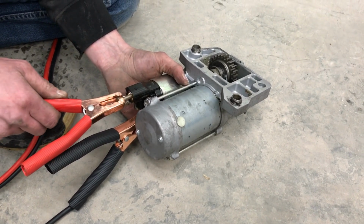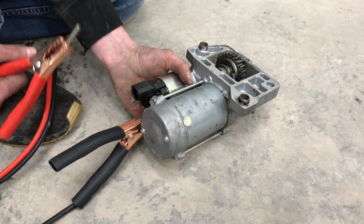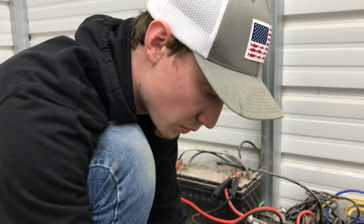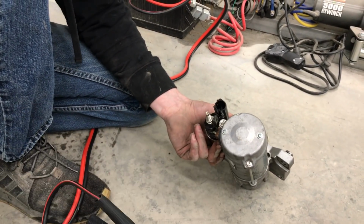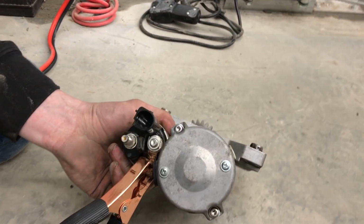You think I should hold on to it or no? Give it a little hold. I don't know if that's good. So very interesting. We're just gonna have to fool around with this a little bit more, but the way we took it off is there was a wire going here and then a red wire going here, which looked like positive. But I did flip it around. I did try the reverse, but then as soon as I connect to this one right here, I'm sure that's a ground or something, but